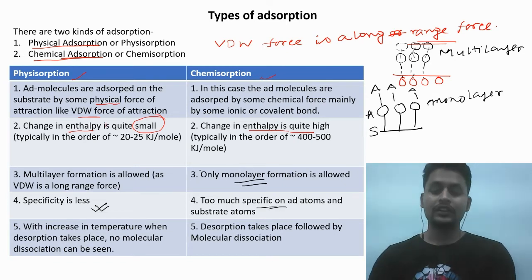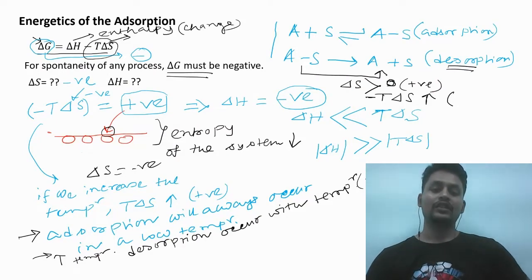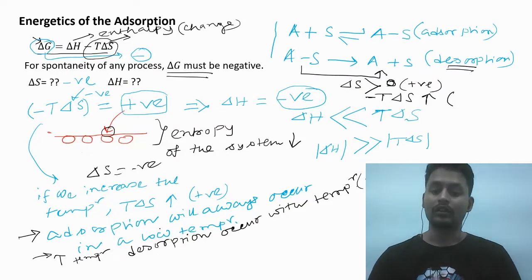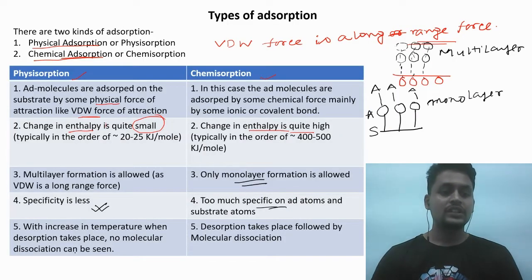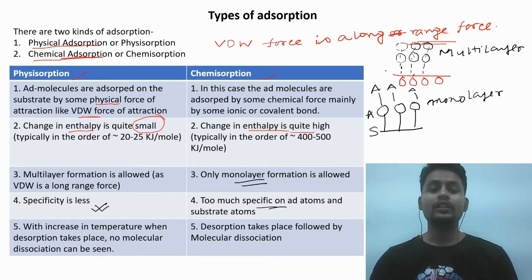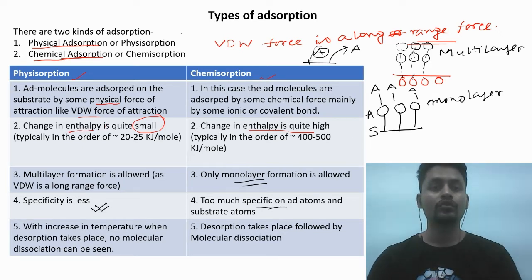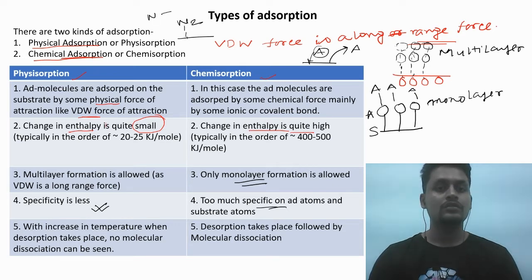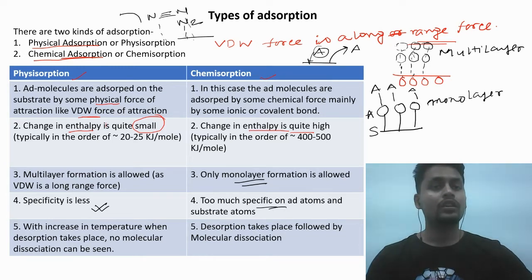And now, as I said in the previous slide, if we increase the temperature, desorption occurs. With increasing temperature, if desorption takes place, as there is no bond in physisorption, there will be no dissociation of the molecule, because a molecule comes to the surface and the molecule will go. Let's say we are talking about N2. Let's say this is adsorbed by physisorption. It will come out as N2, but